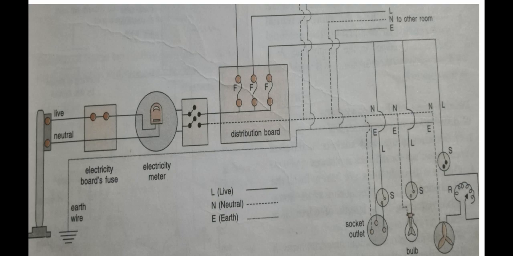The electricity flowing out of the main switch can be distributed in a house by a system of wiring commonly called the tree system of household wiring. So this is a tree system of household wiring which can be used. Having a tree system has advantages as well as disadvantages. This is important, you have to note it down: the advantages and disadvantages of the tree system.